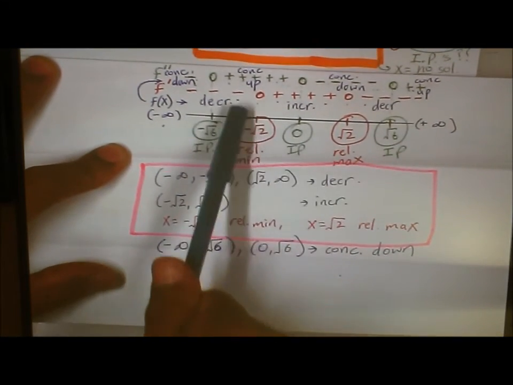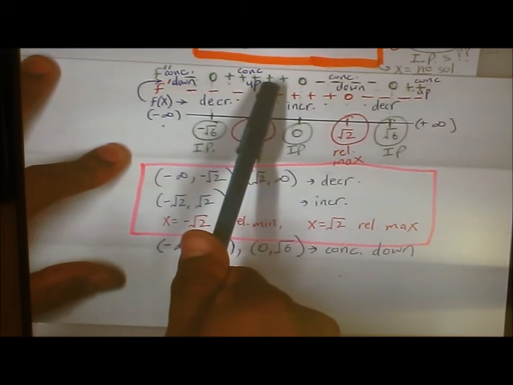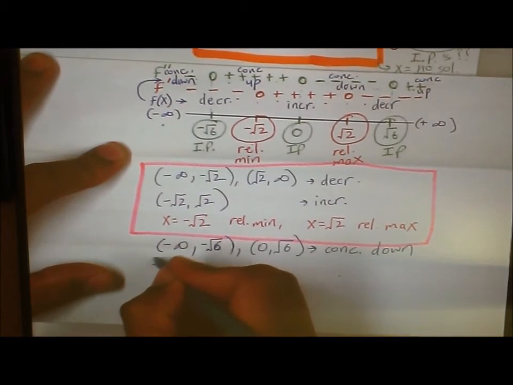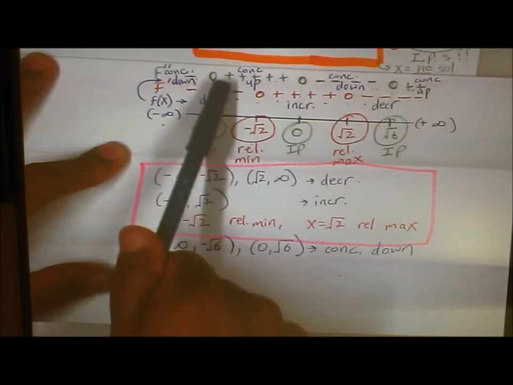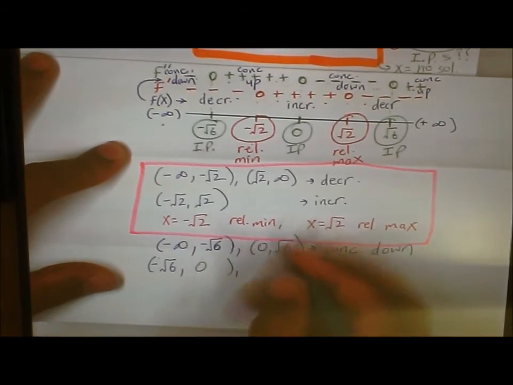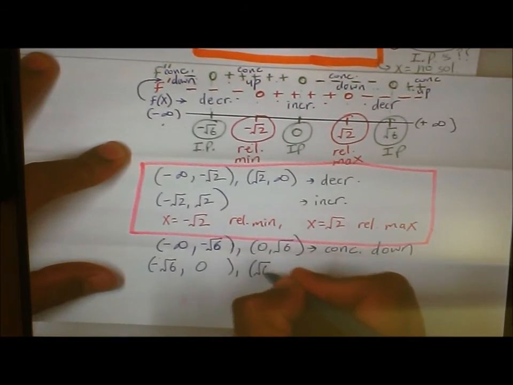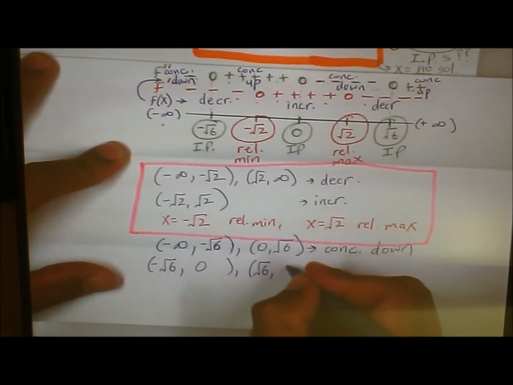And then in this interval right here, from negative root 6 up to 0, and from positive root 6 up to infinity, are intervals where my function